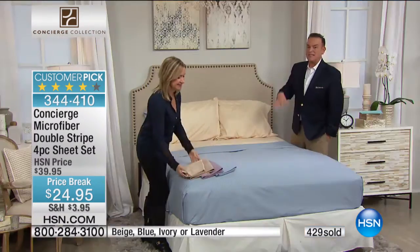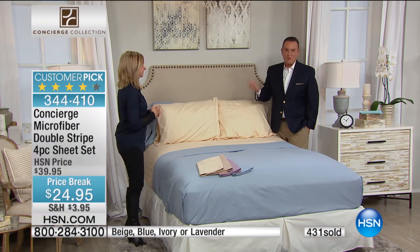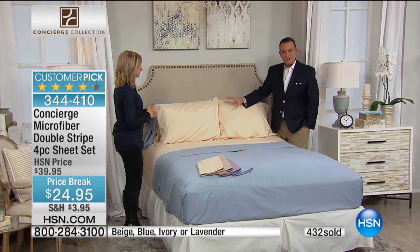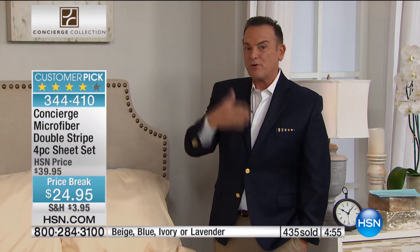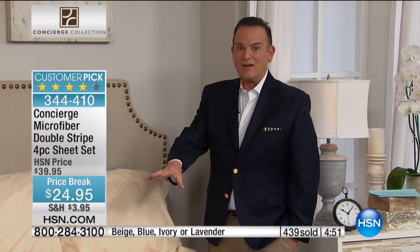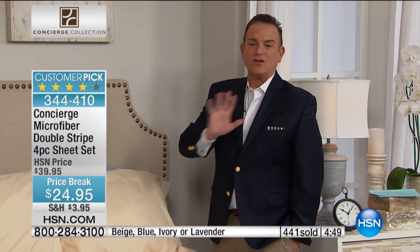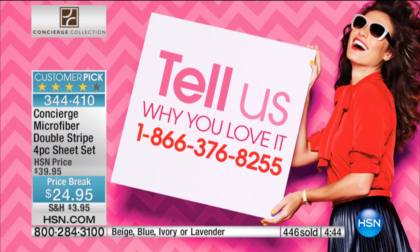This is the first presentation for these sheets, and already over 400 people have ordered, because you get to buy more and save. When you buy one set of sheets, you pay the reduced shipping of $3.95. When you buy a second set, they save you $2 per order on every subsequent order on shipping and handling. Let's go back through the colors, and then we have got our talk line open. Let us know why you love our microfiber sheets. Call us at